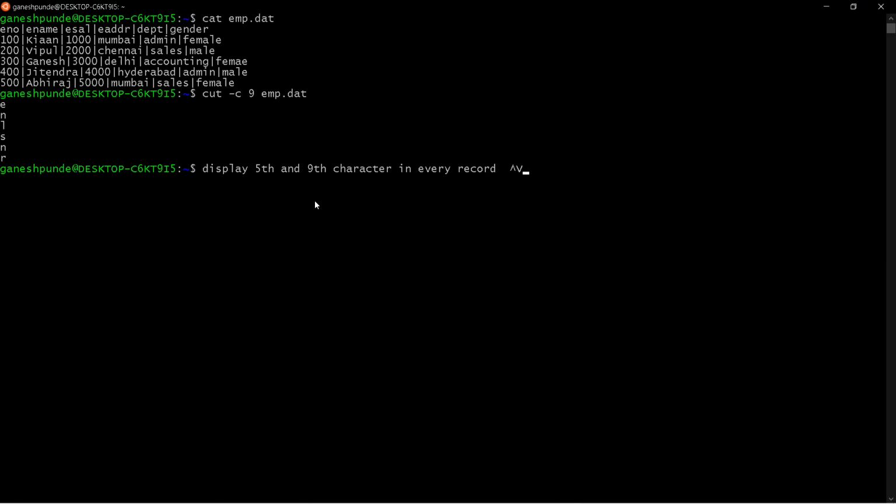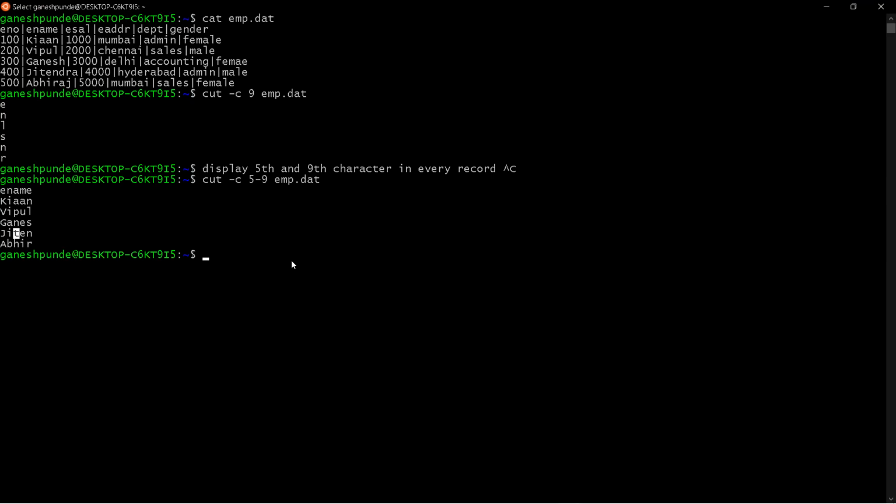If you want to do this, you can use cut -c 5-9 emp.dat. So you can see it is showing the employee names, Kian, Vipul, Ganesh. The fifth, sixth, seventh, eighth, and ninth, so 5 characters it is displaying, right?